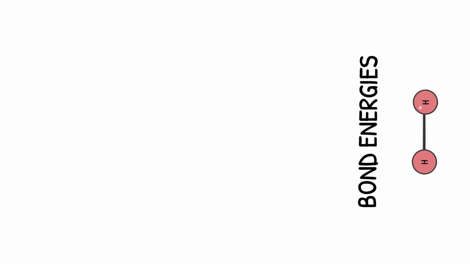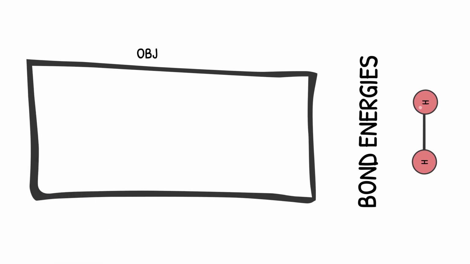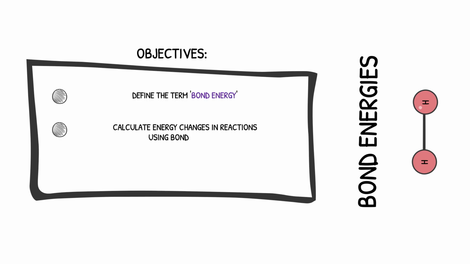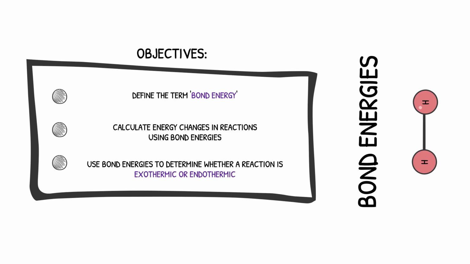In this video, we are looking at bond energies. By the end of this video, you should be able to define the term bond energy, calculate energy changes in reactions using bond energies, and use bond energies to determine whether a reaction is exothermic or endothermic. So, let's go! During a chemical reaction, energy is exchanged with the surroundings as bonds in the reactants are broken